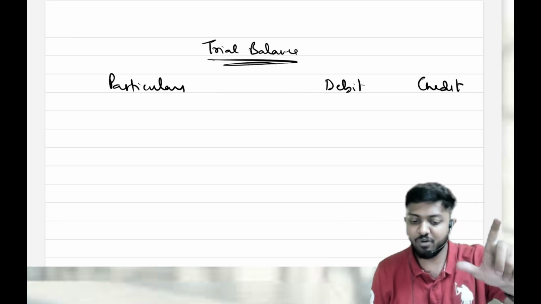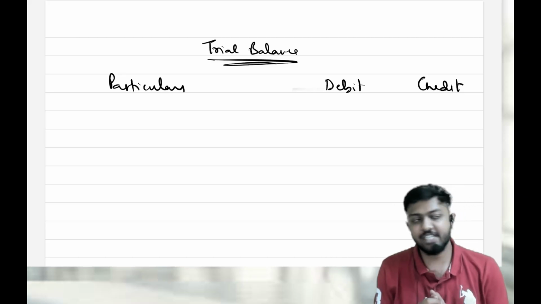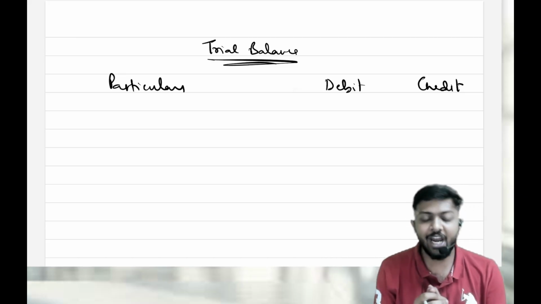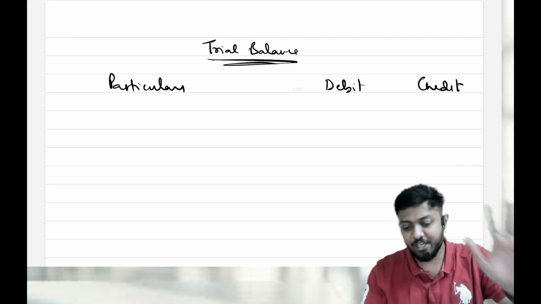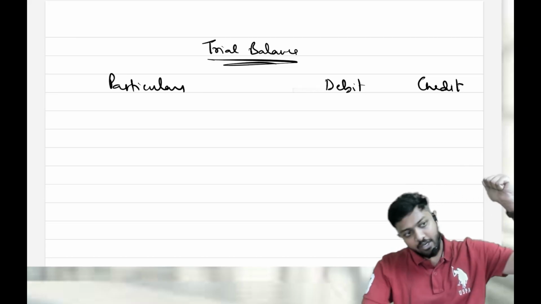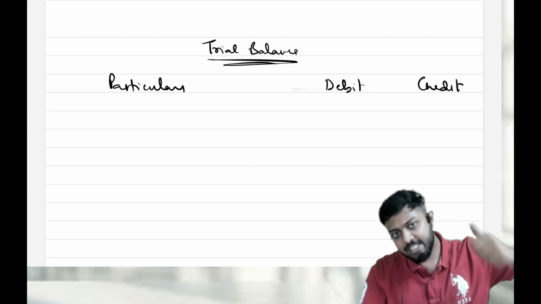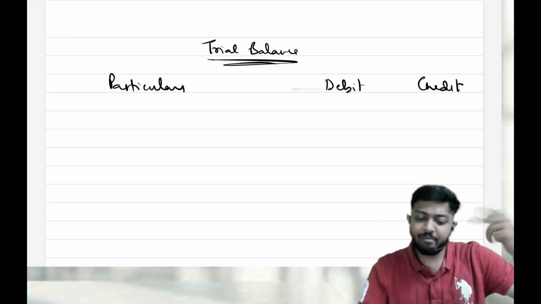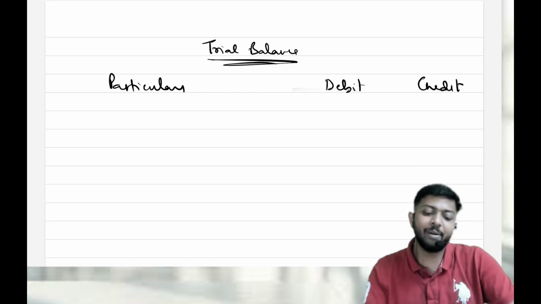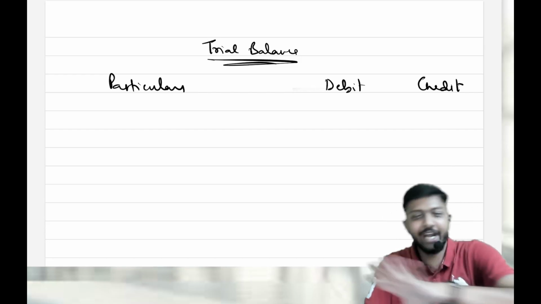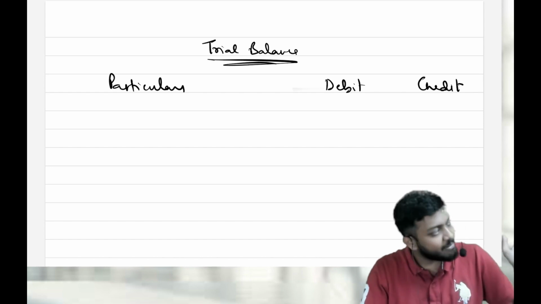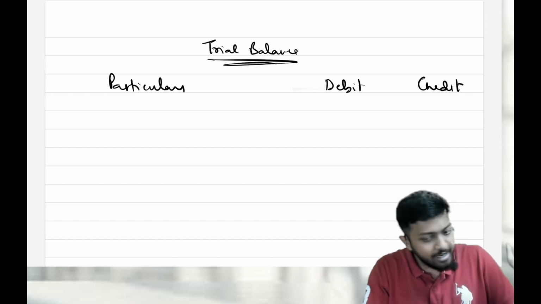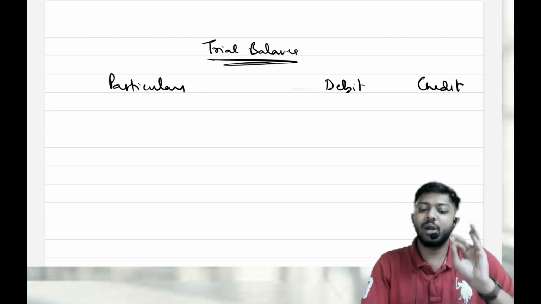Okay, now if the ledger account is not given, just numbers and the account name are given, then how to determine? It's very easy. Again, use your DEAD LIC only. If it is drawings, expenses or assets, then it has a debit balance. If it is liability, income or capital natured account, it will have a credit balance. Directly you can classify like that only. So all the debit balance accounts come in the debit side, all the credit balance accounts come in the credit side.